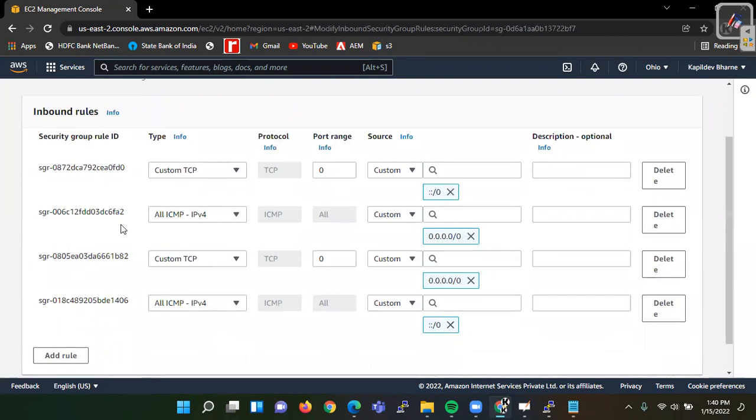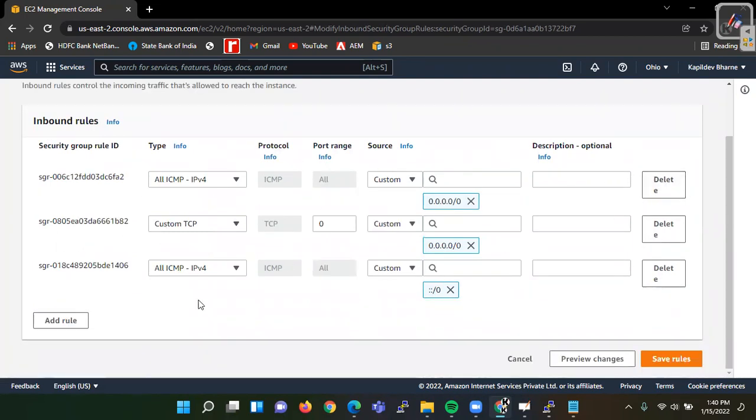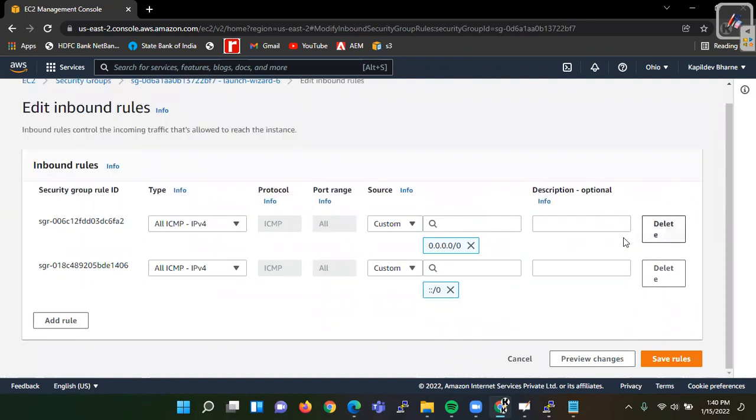Actually, we have selected that SSH option also. So let me delete this. This also. And we write here anywhere.